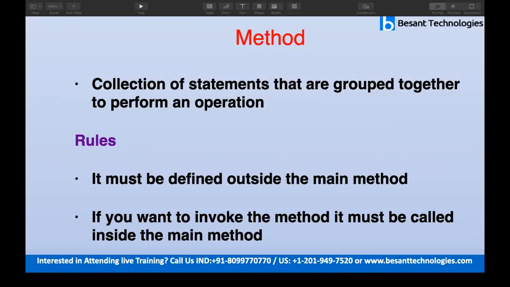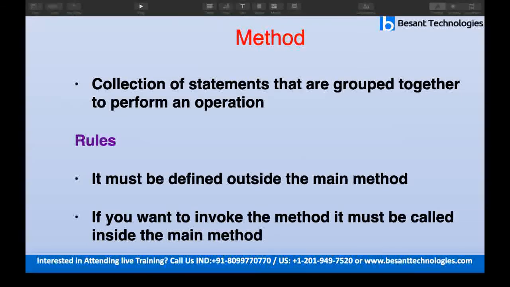I told you we have two types of methods, static methods and non-static methods. So what is a method actually? If you want to perform some coding, for example, print your name, or find the area of a circle or a square, you can put that in a method. But you cannot put everything inside the main method. If you put everything in the main method and face any issue or error, debugging will be very difficult.